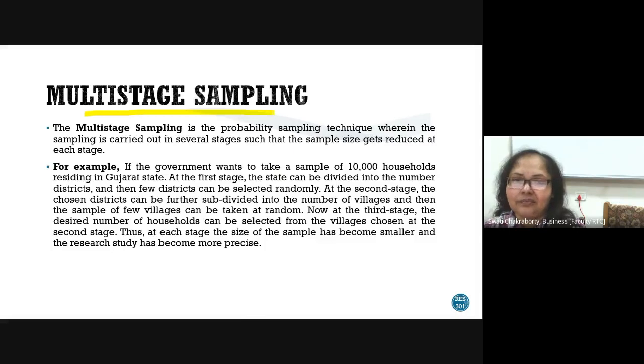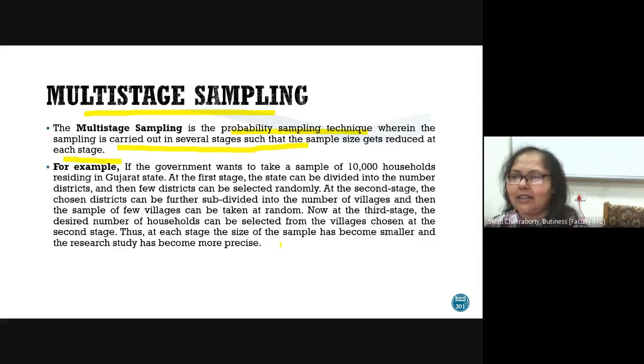Multi-stage sampling is a probability sampling technique where the sampling is carried out in several stages so that the sample size gets reduced at each stage. For example, if the government wants to take a sample of 10,000 households residing in Gujarat, in India, at the first stage, the state can be divided into a number of districts, and then a few districts